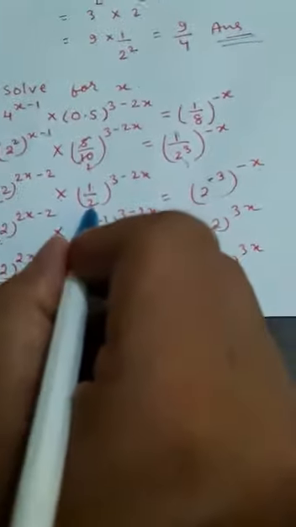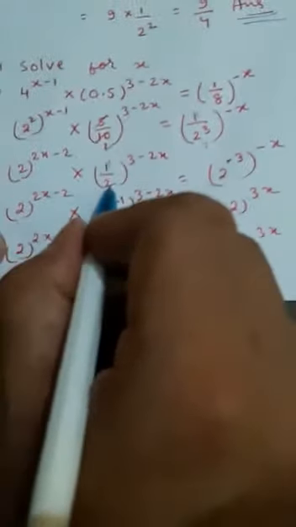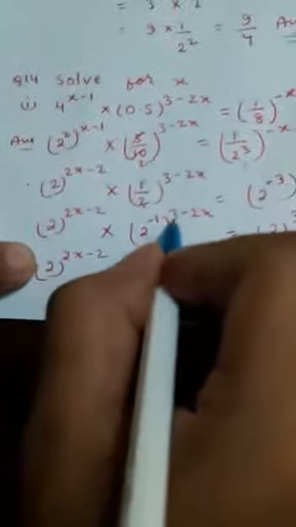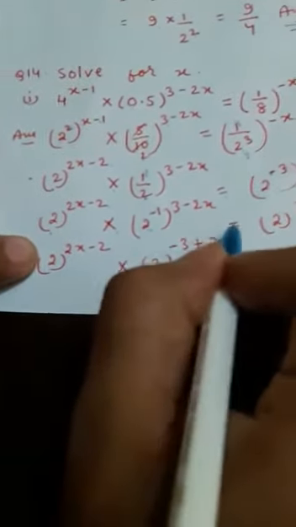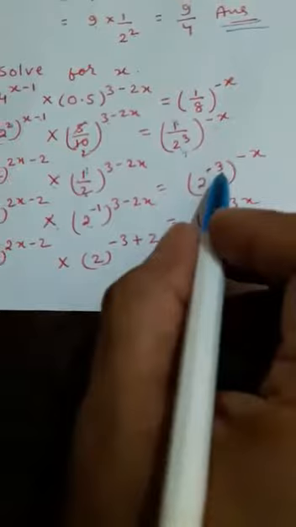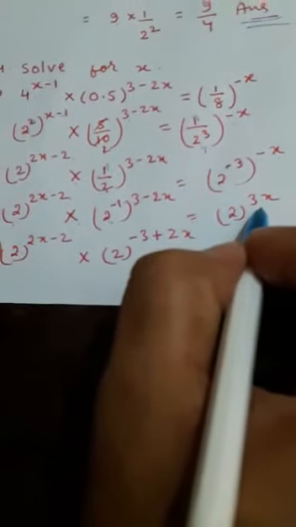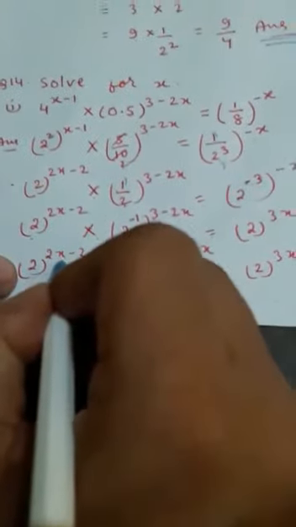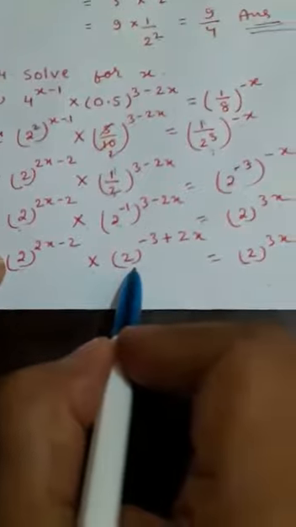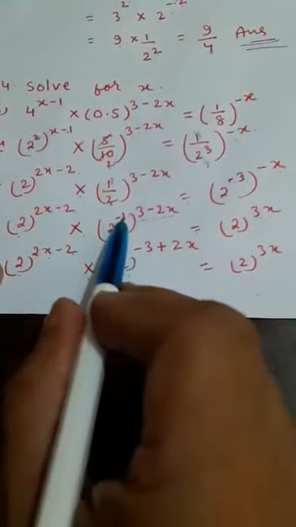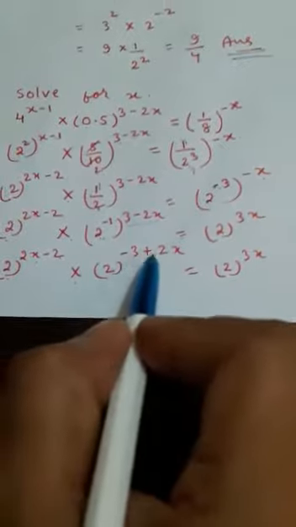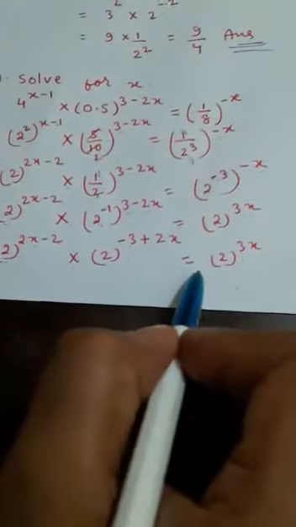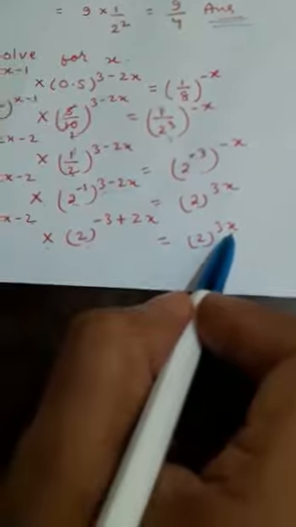So we will write down 2 power 2x minus 2 into 2 power, now here we will reciprocate this fraction, so it will become 2 power minus 1, whole, so 3 power minus 2x, it is already given, is equal to, here minus 3 into minus x will be plus 3x. If you multiply minus minus plus, 3 into x, 3x. Now 2 power 2x minus 2 into 2 power, now let us multiply this whole power by minus 1, then it will be minus 3 minus into minus plus 2x is equal to 3 power 3x.